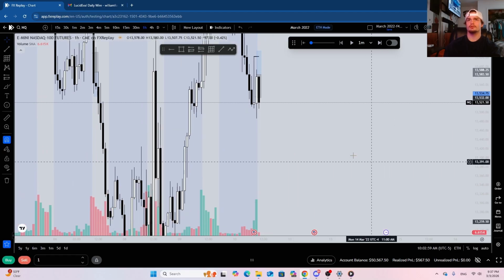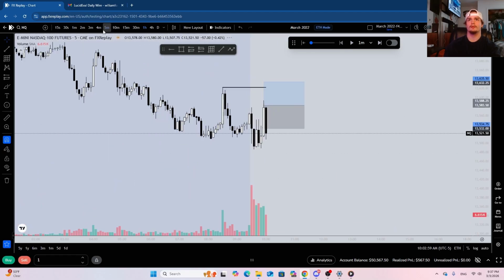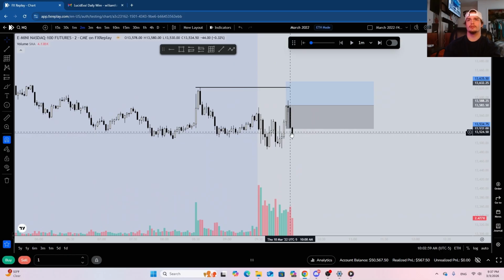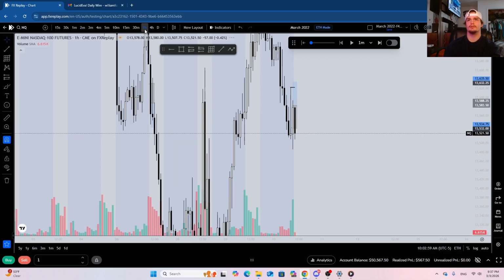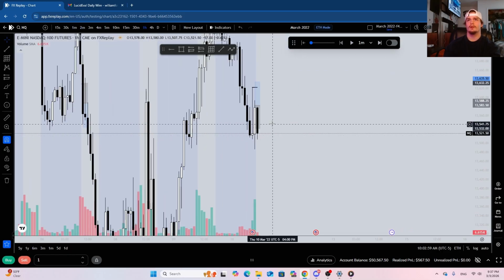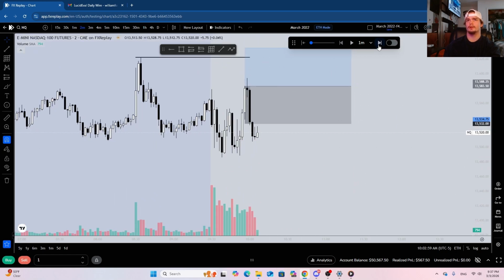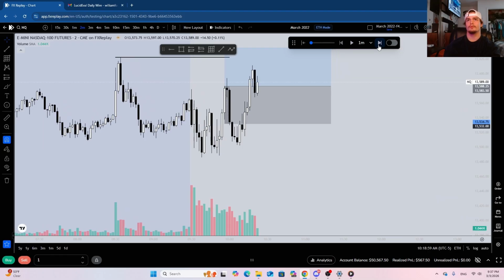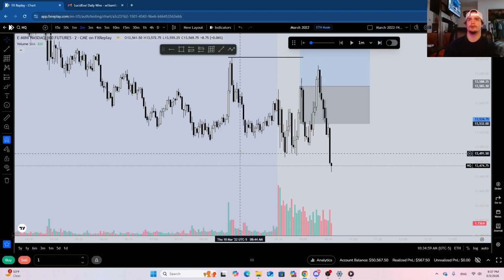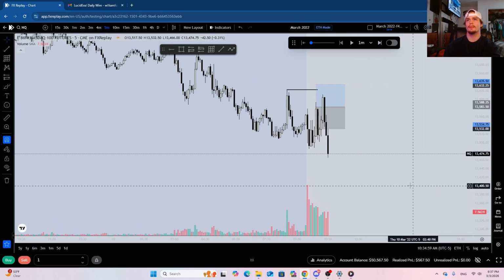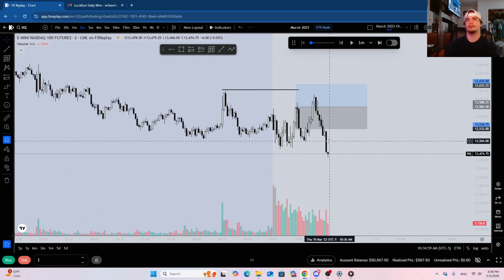So where could our next potential draw on liquidity be? I don't know about this. This is pretty choppy price action. Just turned into 10 a.m. Let's see how this 1 hour candle is opening up. We haven't really manipulated much. I'm not going to take this trade. Personally, I'd guarantee we go lower though. Or not. So yeah, very choppy price action here on the 5-minute. Probably do get some displacement down, but yeah, it's not a solid entry here.